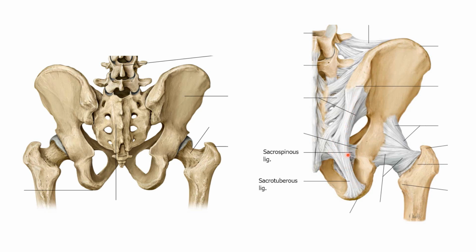Sacrotuberous and sacrospinous ligaments convert the greater sciatic notch and lesser sciatic notch into the greater sciatic foramen and lesser sciatic foramen. These are the foramina through which neurovascular structures of the gluteal region enter the gluteal region from the pelvis. Some of the structures enter the gluteal region and leave to take entry through the lesser sciatic foramen to supply the pudendal region or perineum. So they are pudendal structures. The meaning of pudenda is shy region.